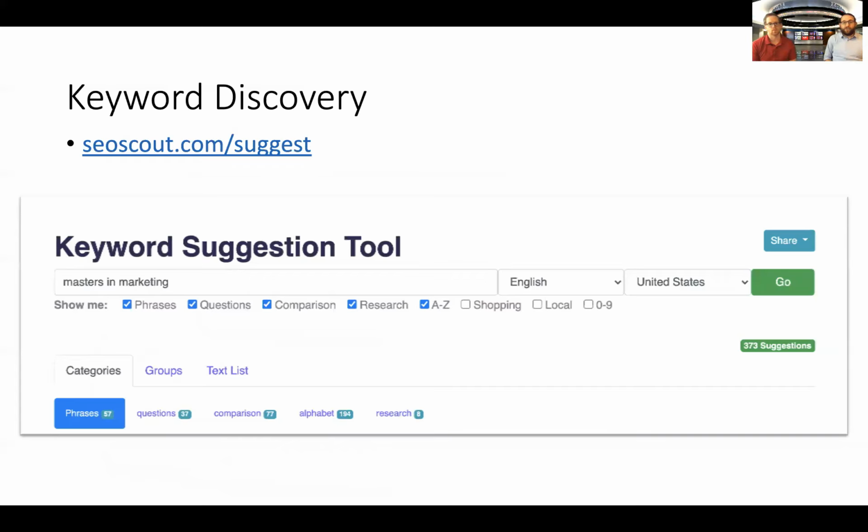Here's another free tool. It's a suggestion tool by SEOscout.com, and it's very powerful. It's missing some components, but for generating just keyword lists and keyword ideas, it's really, really great. So you can see here, I can type in masters in marketing. I can search for related phrases, questions around that, comparison type phrases like masters in marketing versus master in analytics,